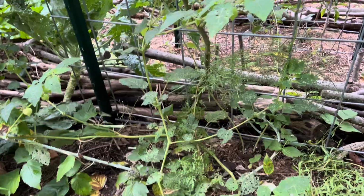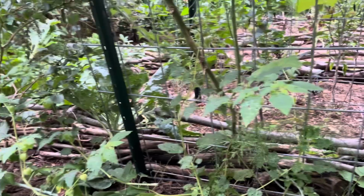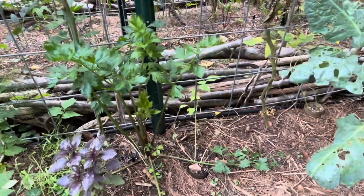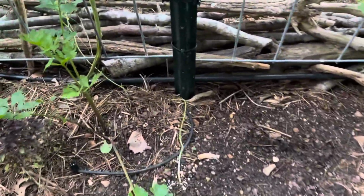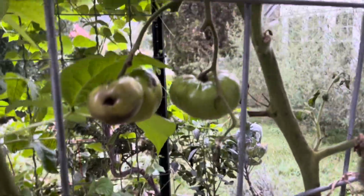But yeah, so all the things down here in this jumbled mess. We do have a ground cherry. Got lots of beans growing up in here. We'll see that from the other side. Some purple opal basil on the celery. Brussels sprouts that are getting eaten by all of the bugs, but it's totally fine, don't care. More celery and basil. This looks like it's got something eating that. And you see the squash bugs are out in full force, but I don't really have any squash left, so